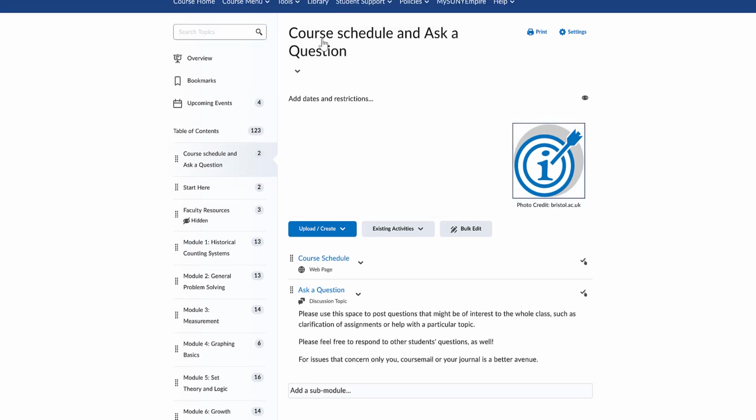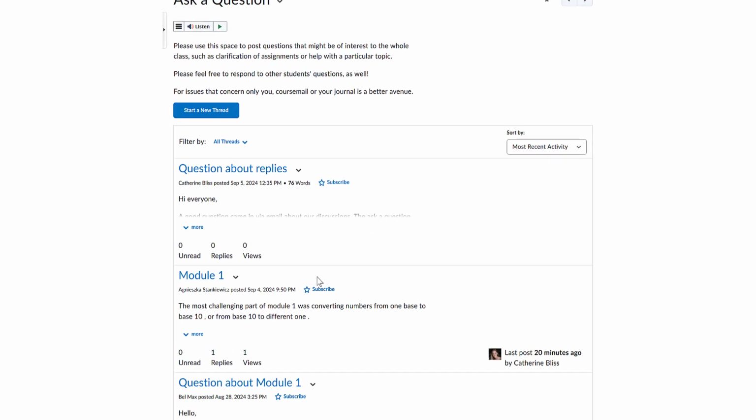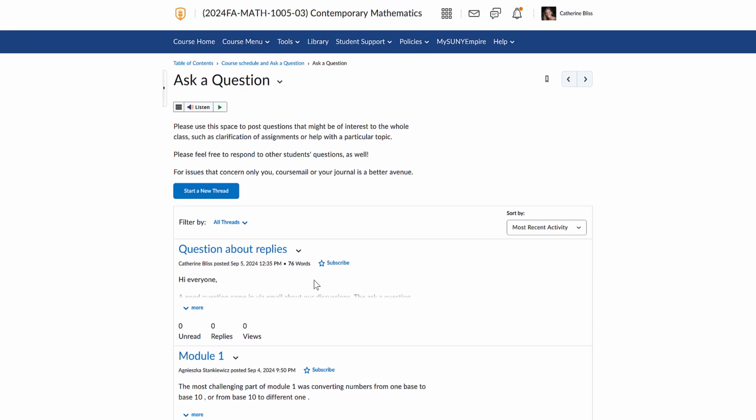Also in that block, you will see the Ask a Question board. And this is a great place to post questions about any math content or how the course works, or things like that. If you have a question of a private nature, you can email me, or you can go up here to this little envelope icon, click email,